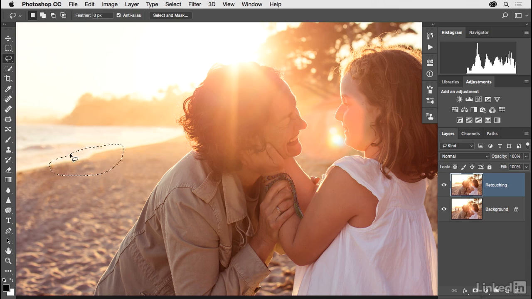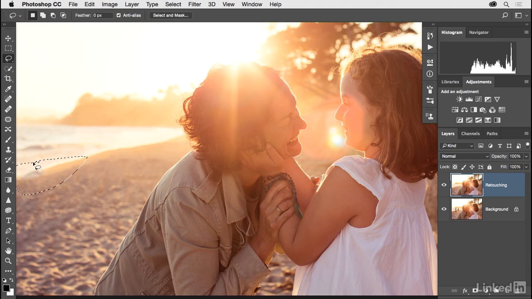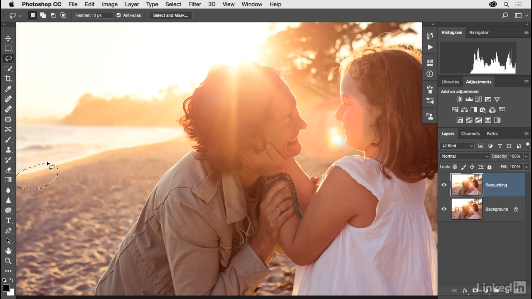Again, you can see how I'm just making a selection, pressing Shift F5, and it isn't always working perfectly. If it doesn't, you can retouch again on top of that area. Here, I'll press Shift F5, and I'll work on this area over here. What I'm looking to do is to sort of change this edge of the beach over there. So making my selection, pressing Shift F5. You can see how I'm slowly getting a little bit better over here, but it's taken me multiple passes to get it to be good. Now I actually like it. I like how the edge of the beach is really clean like that,